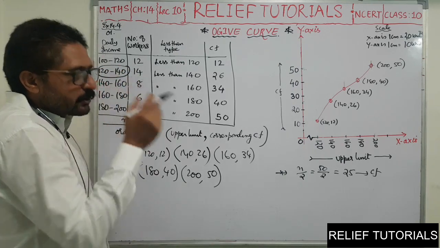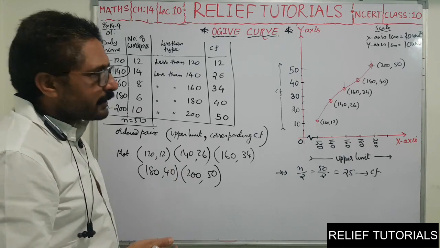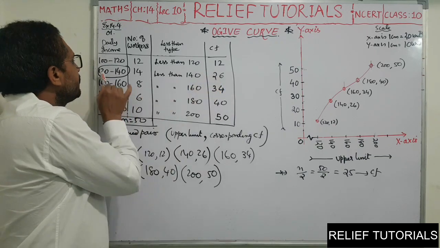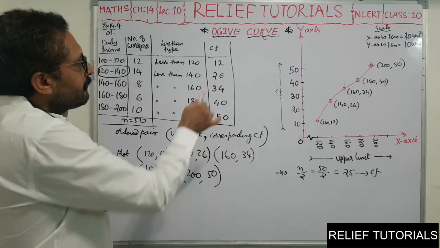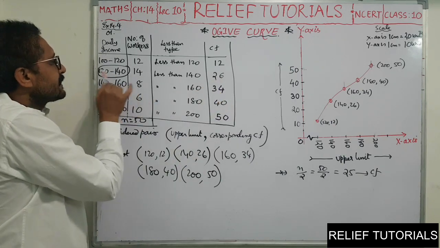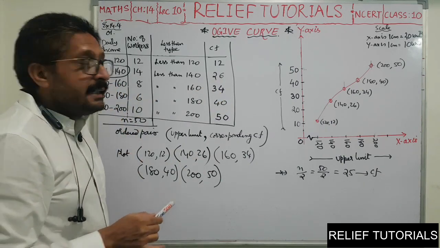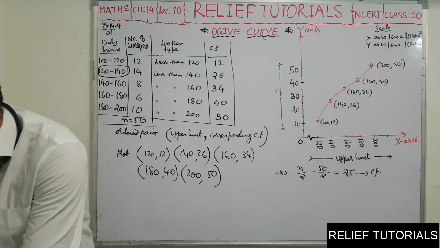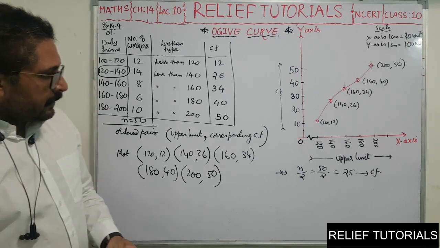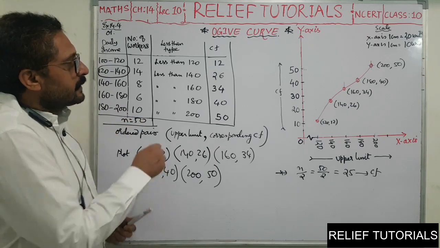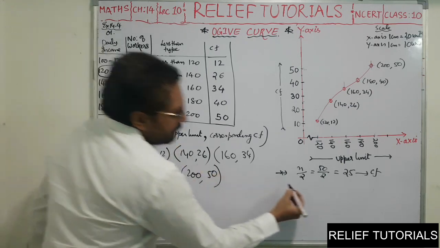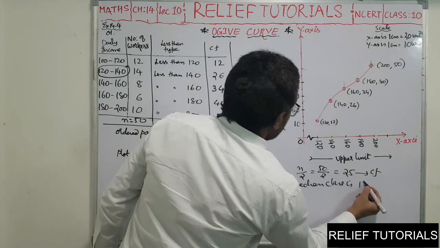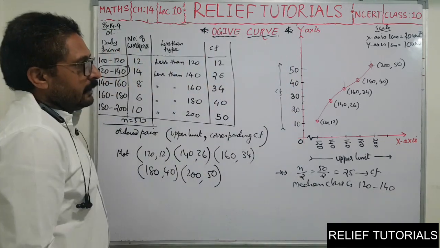Okay, we have seen, if you know that, just go through the previous lecture. I have explained cumulative frequency. Up to 12 is 100 to 120, from 13 to 26 it will be 120 to 140. So 25 will lie here in this. So against cumulative frequency, this is our median class. It means median will lie somewhere between 120 to 140. Okay. So 25, here somewhere, I have told you that this is the median class. So suppose the median class is 120 to 140.